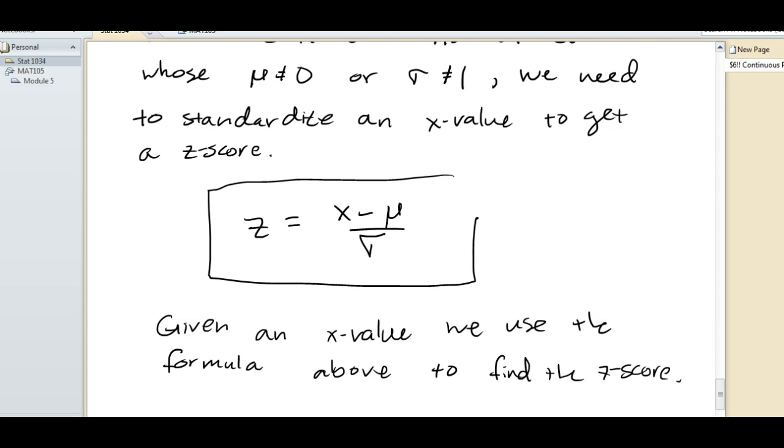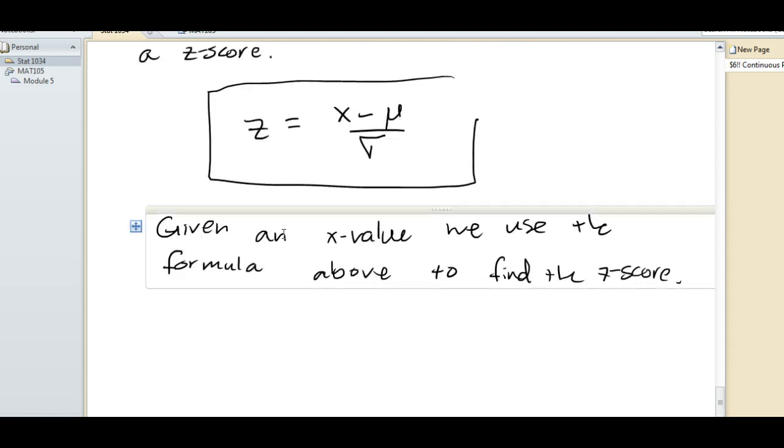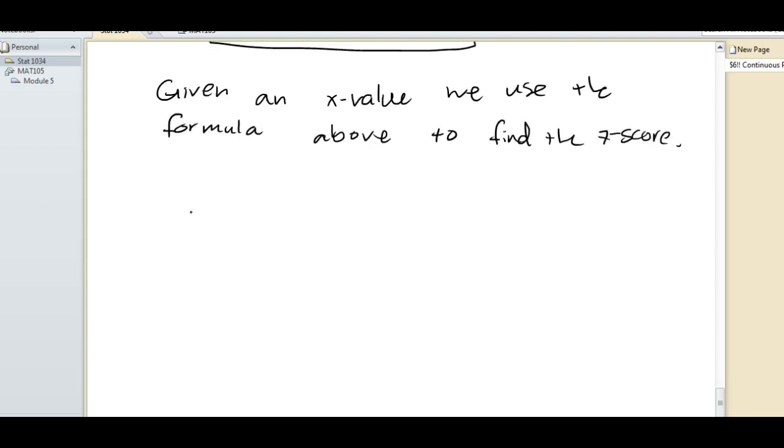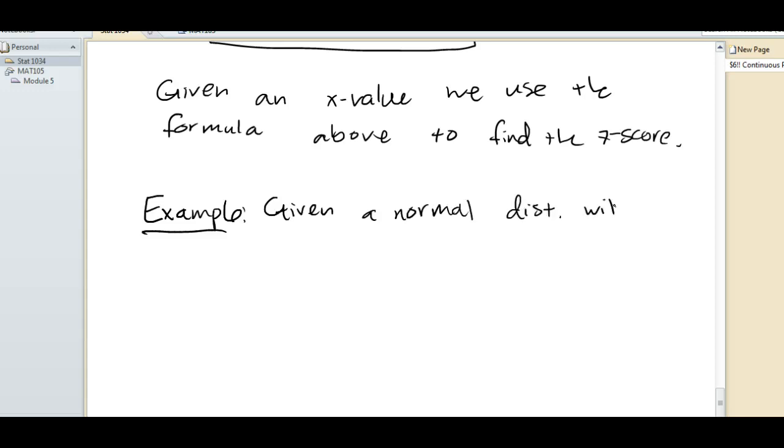So let's do a few examples of these. Okay, so you will get some very simple examples of this on the homework, just calculating a z-score. So for example, given a normal distribution with, let's just say, mu equals 10 and sigma equals 8, find the z-score